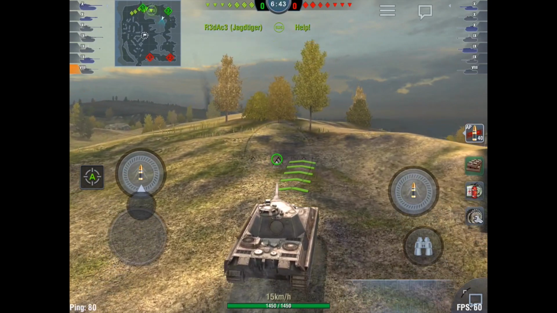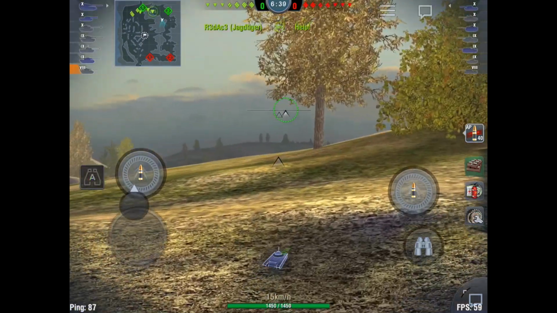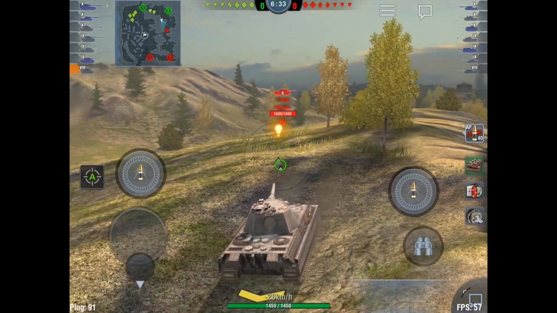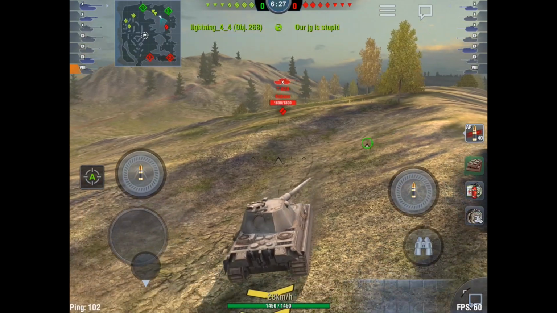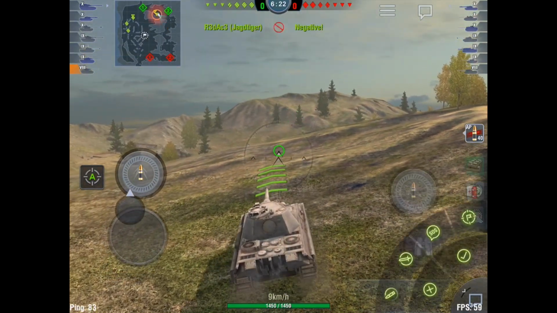Anyways, we are pushing up on the hill. We're calling for help because I don't want to take on a T-62A and a T-54 all by myself. There's a T-62A, and I've got some friendlies coming up here. We've got a Jagdtiger and a Jagdpanzer E100. Object 268 is not pleased that our Jagdpanzer E100 is coming up to the hill, but it is the